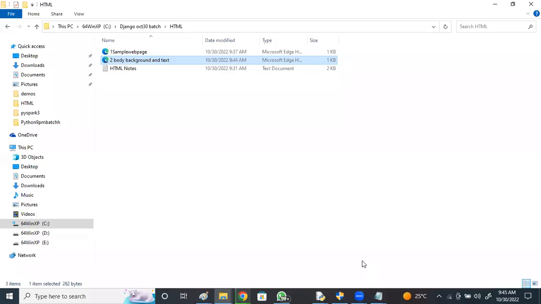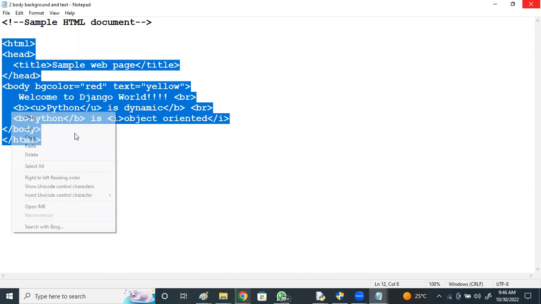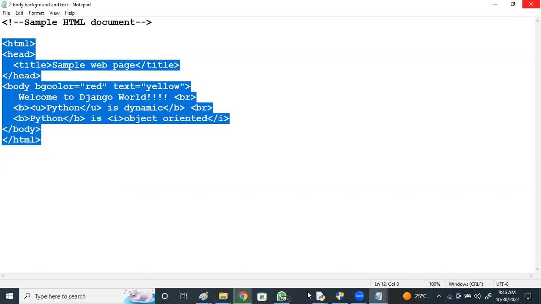See here where I have specified it: body bg color is red, text is yellow. If you want to use light red, you don't want this dark red, right?